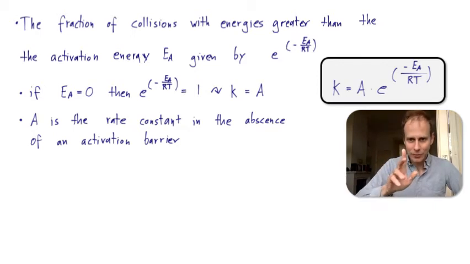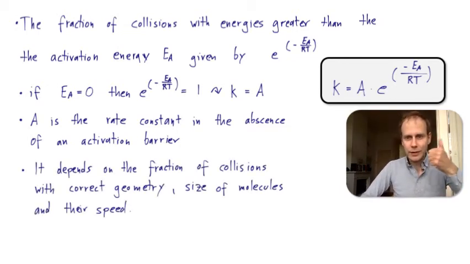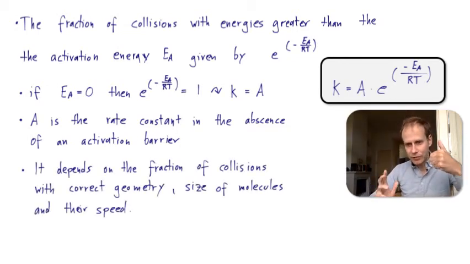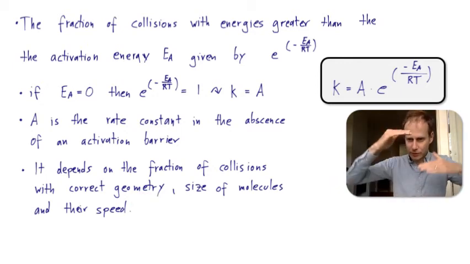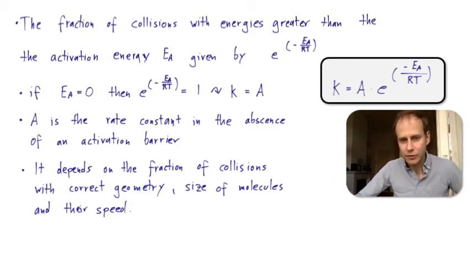Well, no, not all lead to a reaction, but all overcome the energy barrier. Then k equals A, right? So then A is not a function of the activation energy. But A now captures the fraction of collisions that have the correct geometry, the correct orientation, the angles, the size of the molecules, and their speed. So that's what A is made of. A is these three aspects that we discussed, and e to the power of this function here is the fraction that overcome the activation